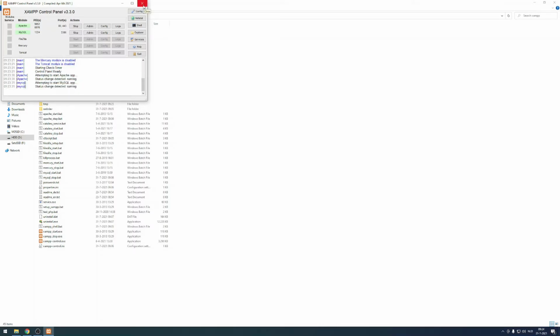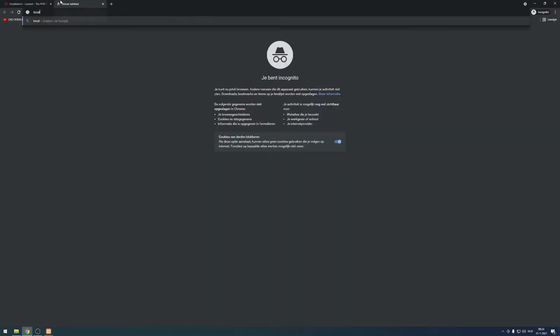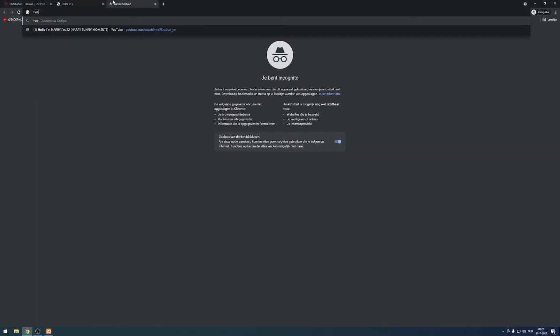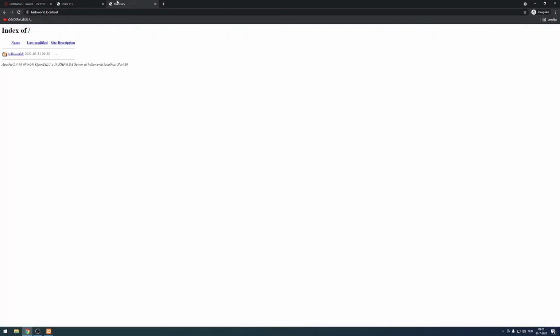But for us now, our service is started, so we should be reaching our page on localhost. And as you can see, our Hello World folder is visible right here. What I like to do is add a vhost, which allows me to run multiple projects in a XAMPP directory. A vhost means that you can run, for example, hello world.localhost. So if I go to this page,